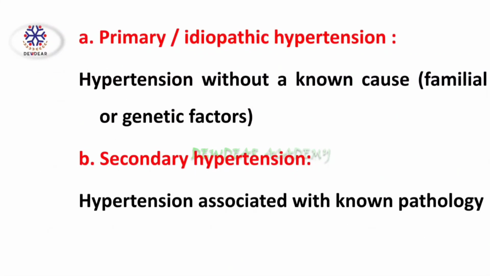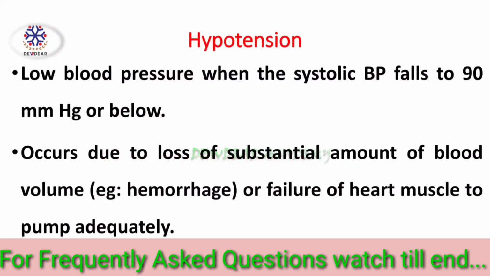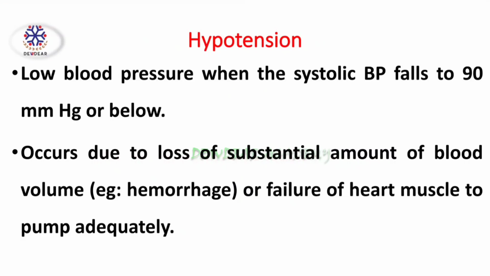It can be primary or idiopathic hypertension and secondary hypertension. So what is primary hypertension? It is hypertension without a known cause. It can be due to familial or genetic factors. And secondary hypertension is hypertension associated with known pathology. Hypotension is low blood pressure when the systolic BP falls to 90 millimeters of mercury or below. It occurs due to the loss of a substantial amount of blood volume, that is hemorrhage, or failure of heart muscle